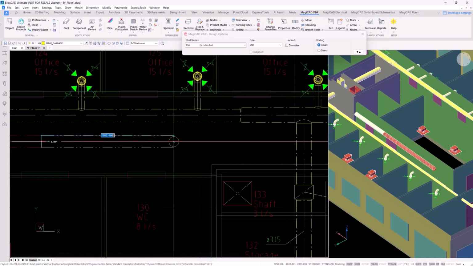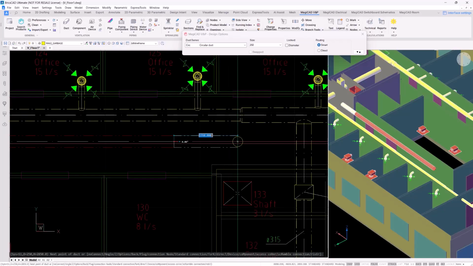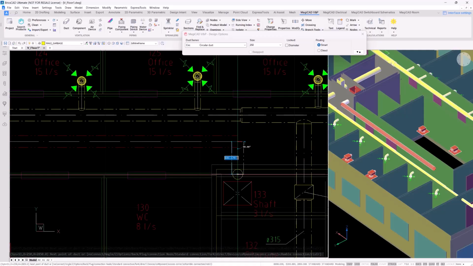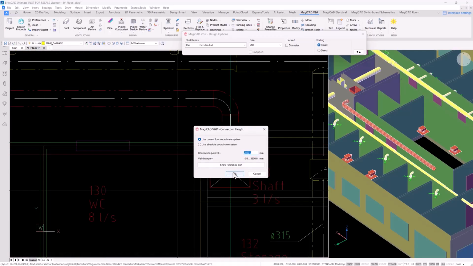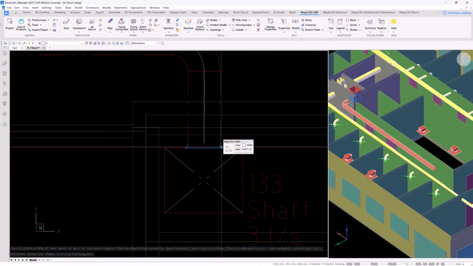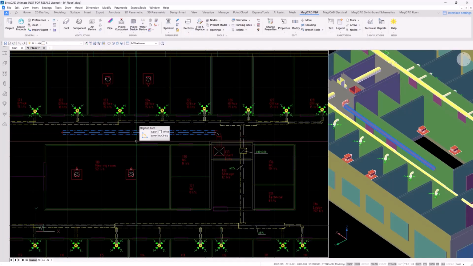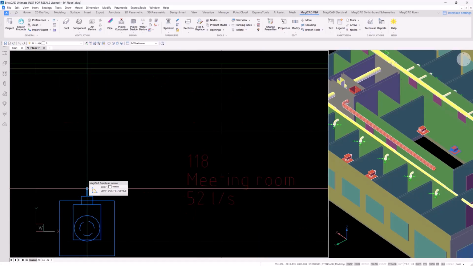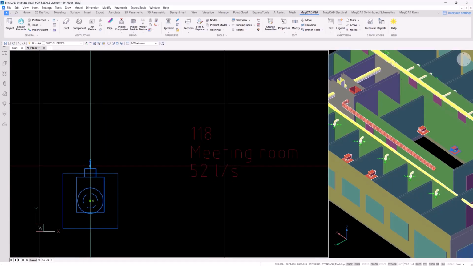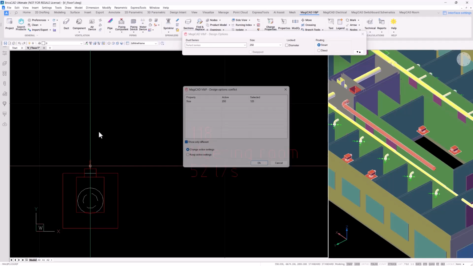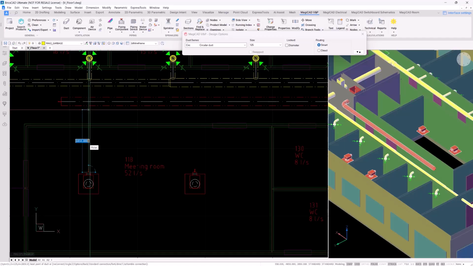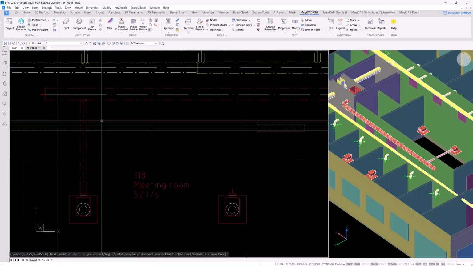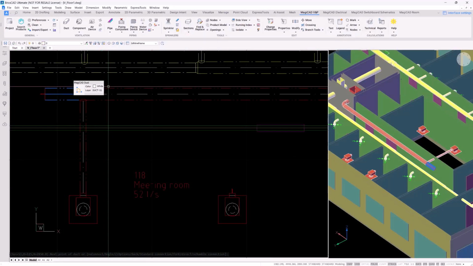I have the snap functionality on, so that helps me to align the different ducts, and I can make the connections like this with the correct fittings. Here, now connecting the devices, we had the handles here in each object. The plus handle automatically starts the duct drawing, and I had the tab colors selected, so the fitting is generated,